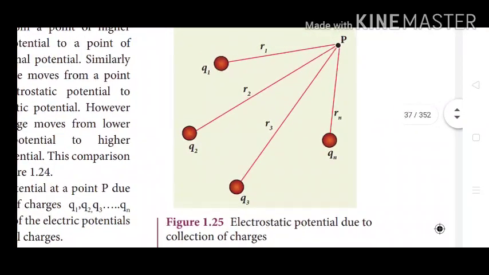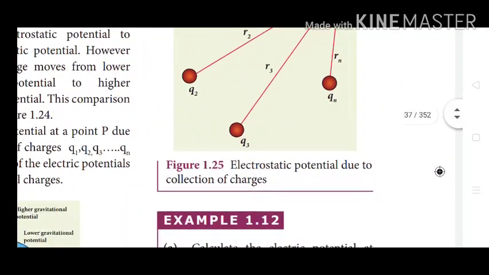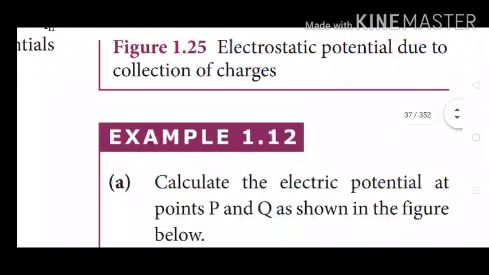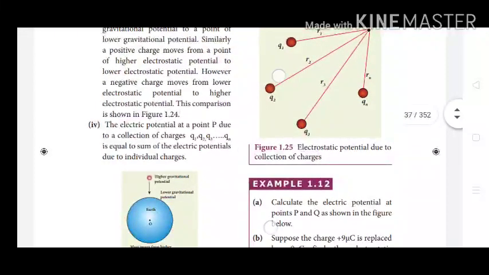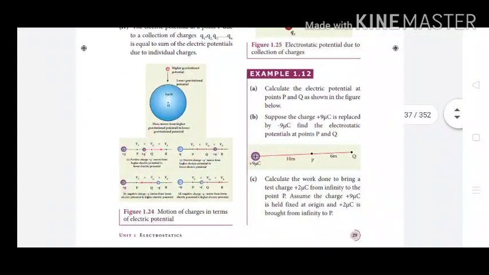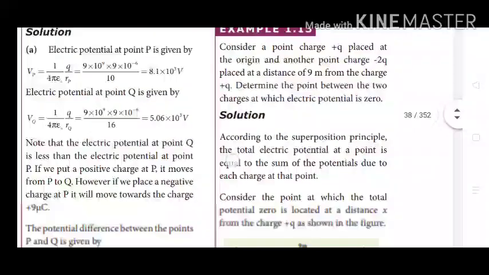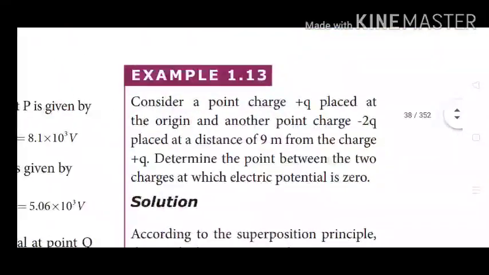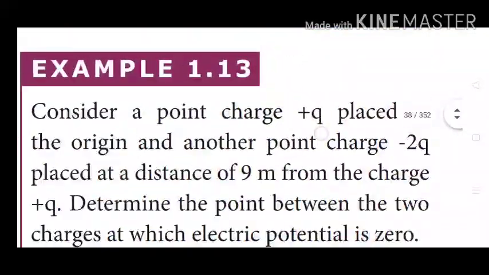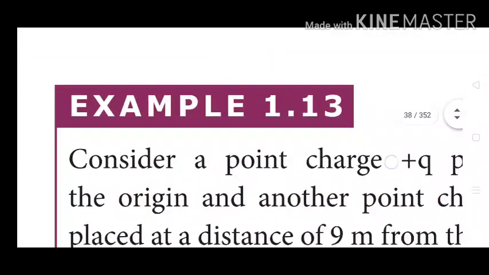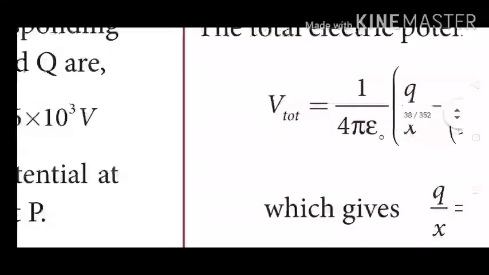Now we move on to the next topic. What is the next topic, children? Before we go to the next topic, we should understand the concept of electric potential by solving example problem 1.12. Children, solved problems help us build up confidence, and also example sum 1.13 is a very important 1 mark problem, and there is also a chance to ask a 2 mark problem.